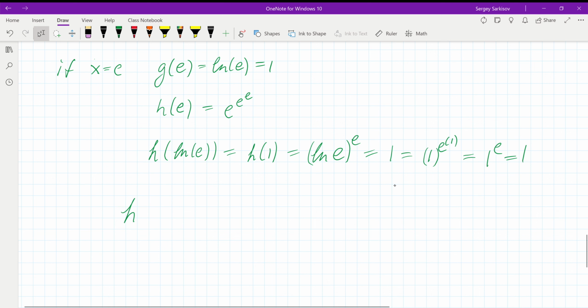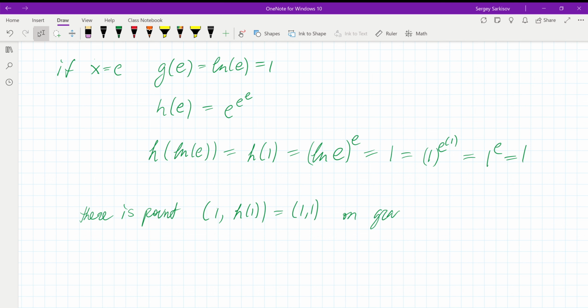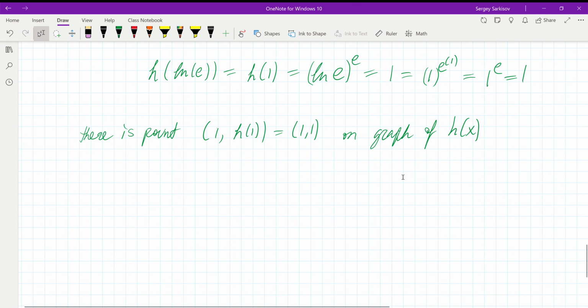What are we getting for the derivative? Let's say for x equals 1. By the way, if x equals 1, there's this point, 1 comma h of 1, in other words, (1, 1) on the graph of h of x. Just having some fun here, but we did it already, right? Which hopefully is making some sense. And the derivative there, the slope of that tangent line there, is, let's see,